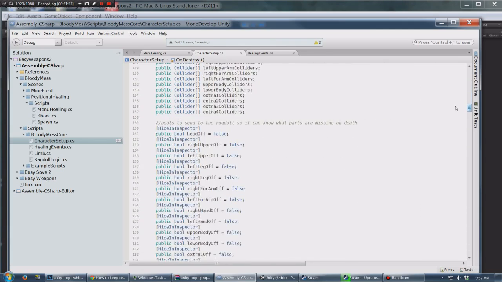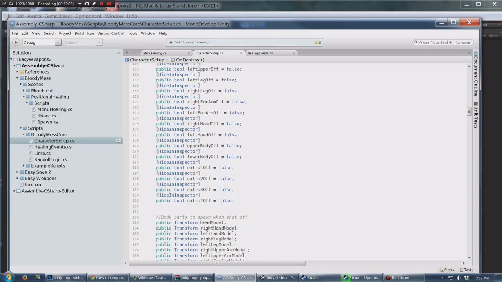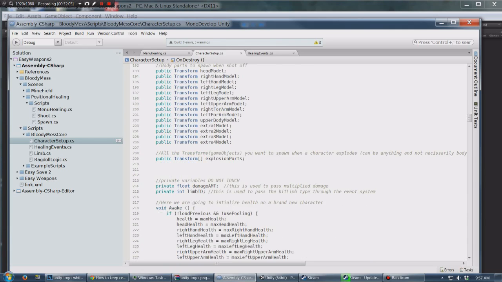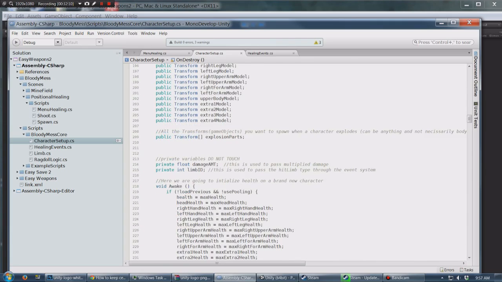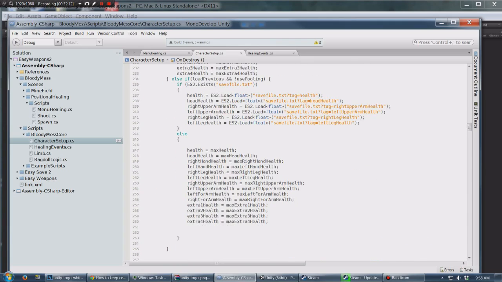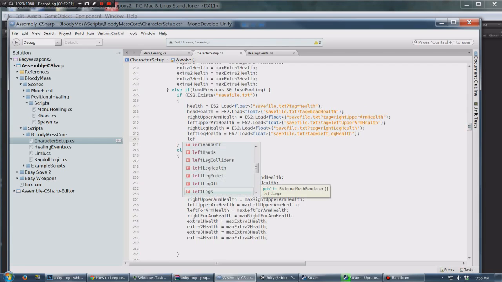Let's see, where, yeah, like our head off, right upper off, leg off. These would all have to be saved in the system as well, in the saving system as well. And I can add that functionality in. What it would do is you would say, let's say you loaded your, if leg off